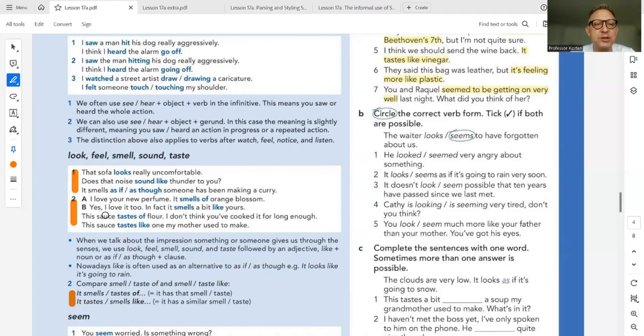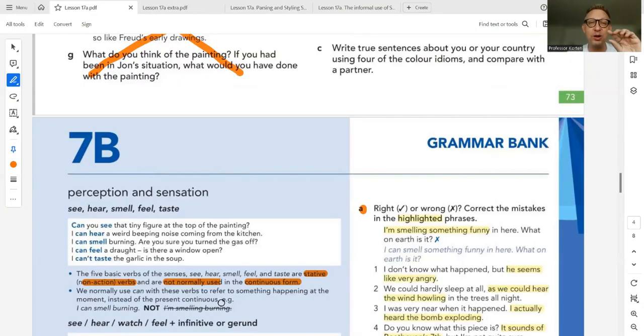Before I do that, I just want to mention a few things that I think are interesting. It tastes or smells of. "It smells of" is more common, and "it tastes like." So we have these two phrases here: it smells of and tastes like. This is really interesting. If you say it tastes of or smells of, it means it reminds you of that, but it's not that. If you say it tastes like or smells like, it could be that actual thing. So it's slightly different, and I think it's very interesting to note the nuance, the subtlety in the difference.